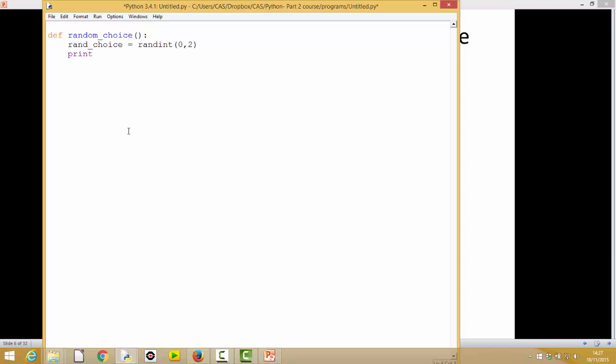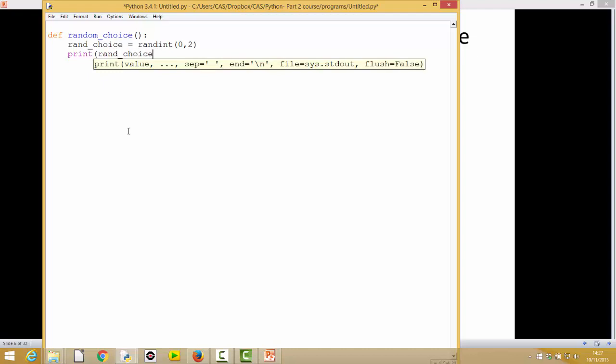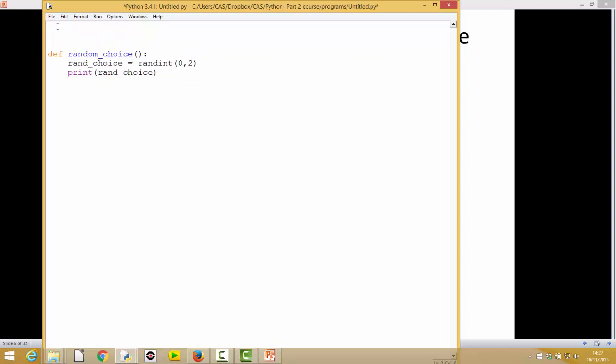And just to check that it works, I'm just going to print rand choice for now. And that should work. So I'm not returning anything at the moment, I'm not worried about that. Obviously I've used a randint function, so I need to import that. So from random import randint,